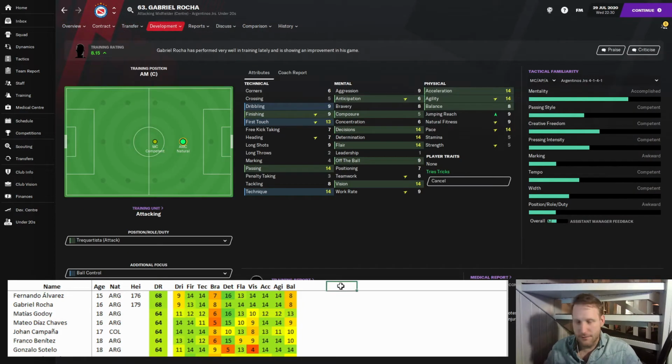Let's see here then. We're going to add focus. And Gabriel Roja is currently working on, let's see here, roll. Add focus. Full control.